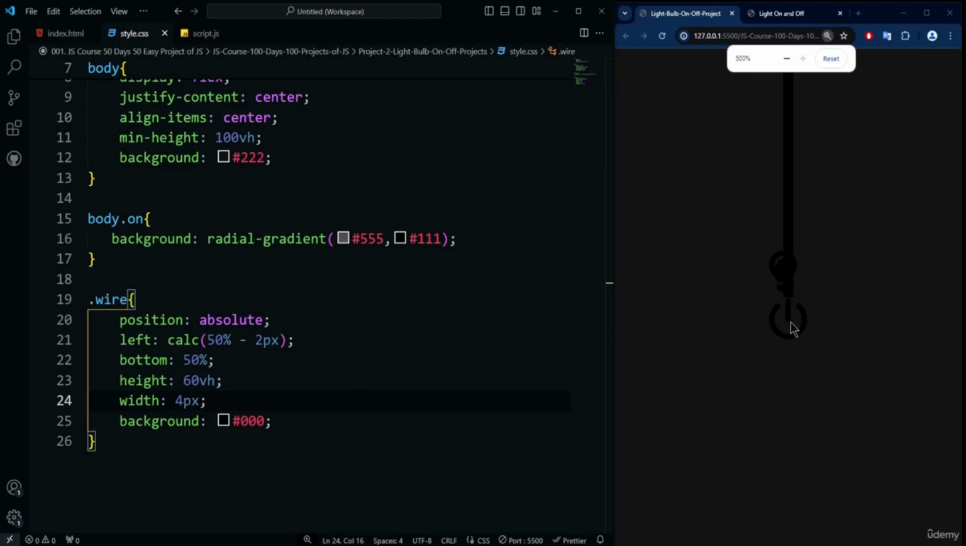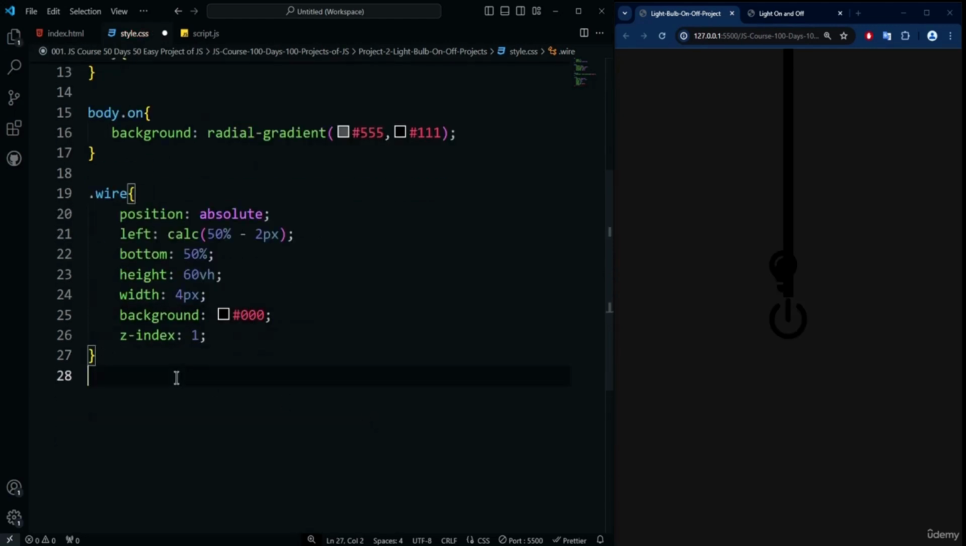Now it's time to add the z-index property so that our wire will display behind the bulb. We're going to apply the z-index property to the bulb as 2. So here I will be using the z-index, which is going to be 1. There is nothing changed, but we're going to use the z-index property inside the bulb also. So I will be using the bulb, which is the next element,